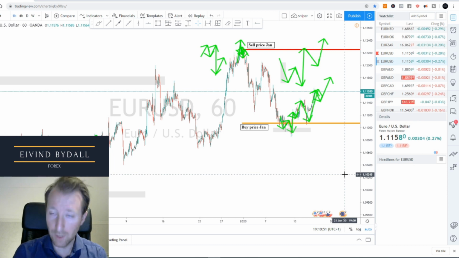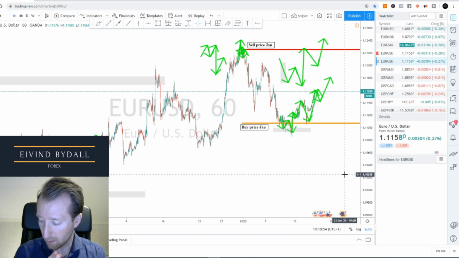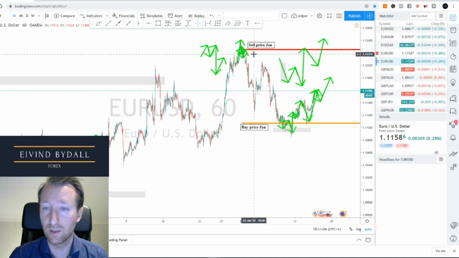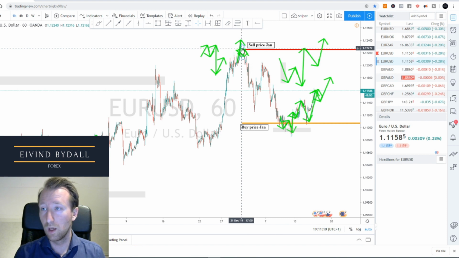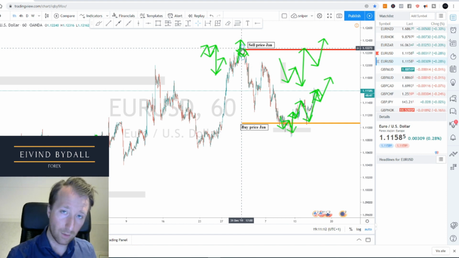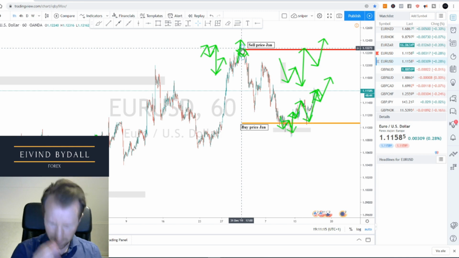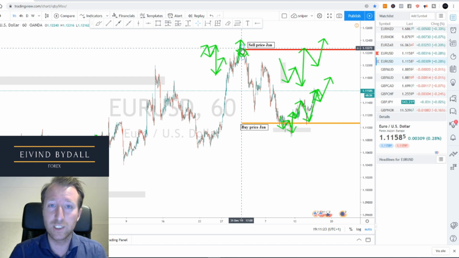You need to have a bias, you need to have a currency that you become your expert in. You also need to be patient. You need to let trades pass. If they don't match up with the double bottom or double top thing, then let it run. Let it go. You are, as a trader, not here to make money as fast as you possibly can in the shortest amount of time. You are here to be a trader for the next 20 years. Or 50. Depends on how old you are.